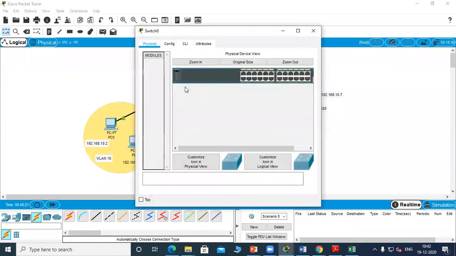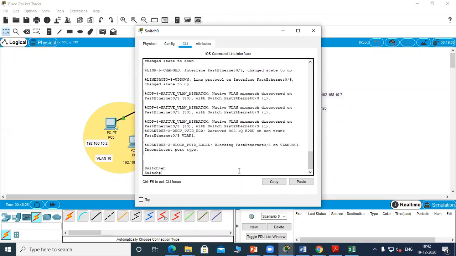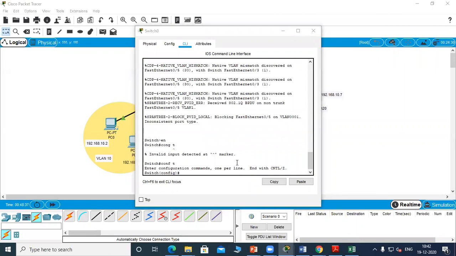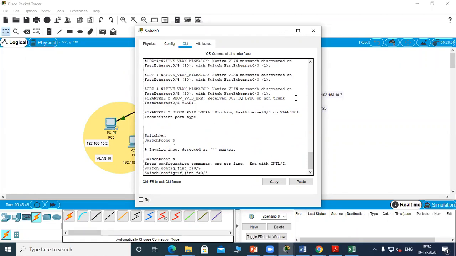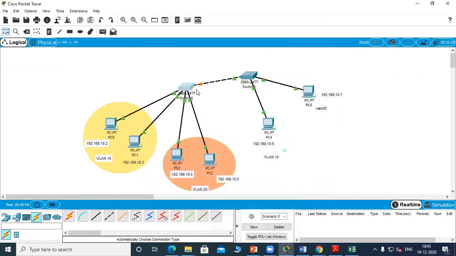Now go to the other switch and make the 0/5 interface a trunk. Okay, so both the switches are configured.